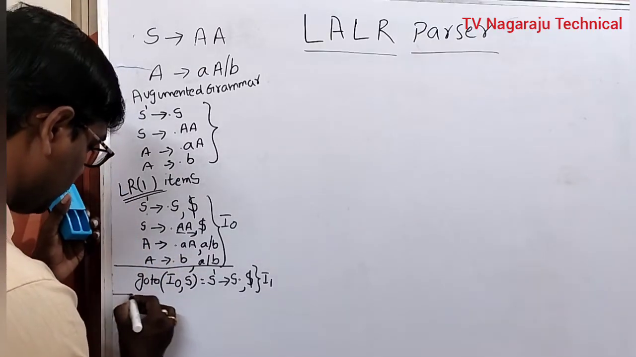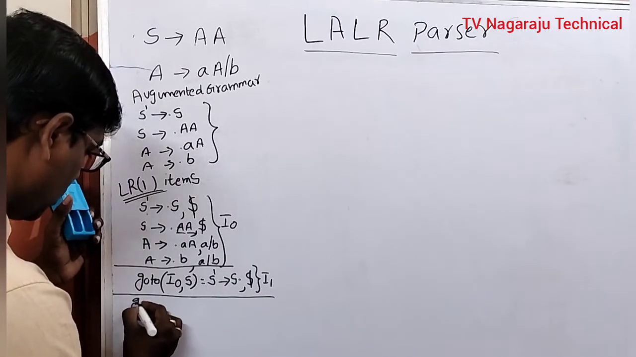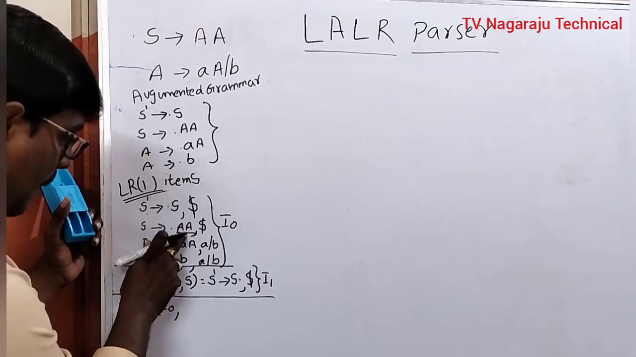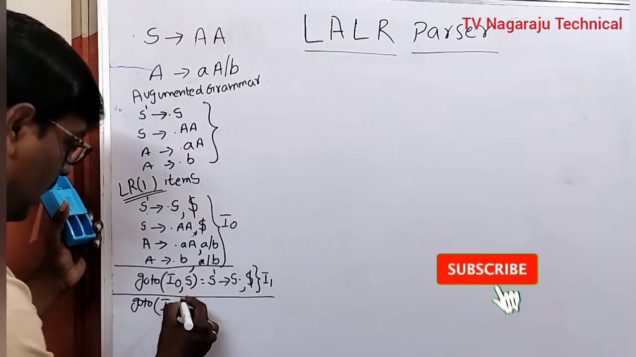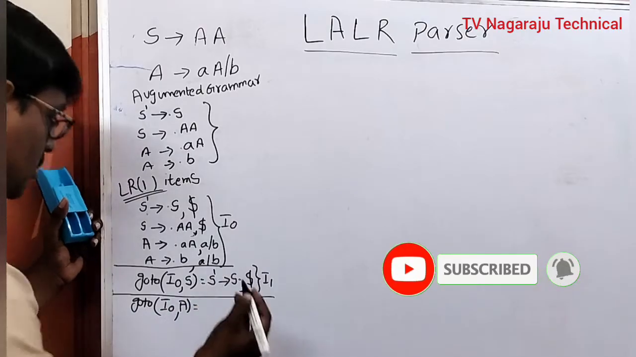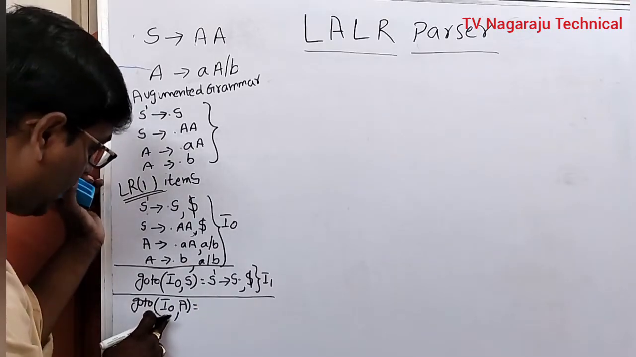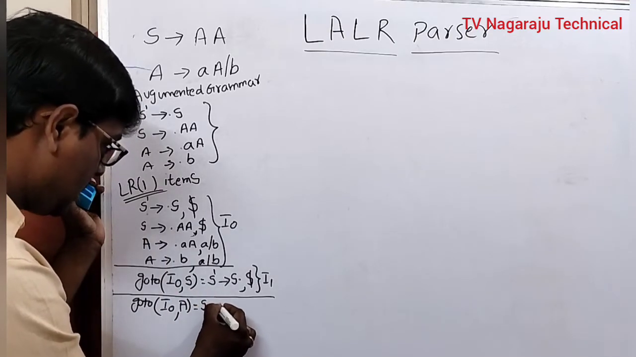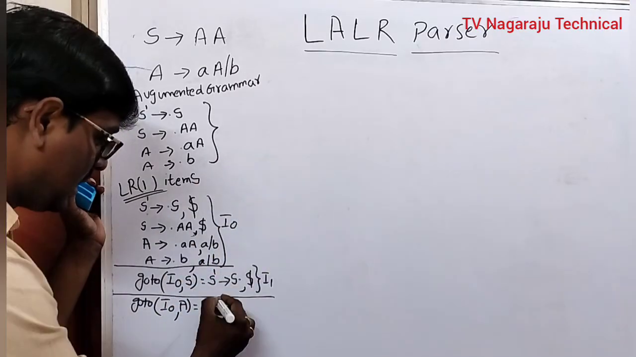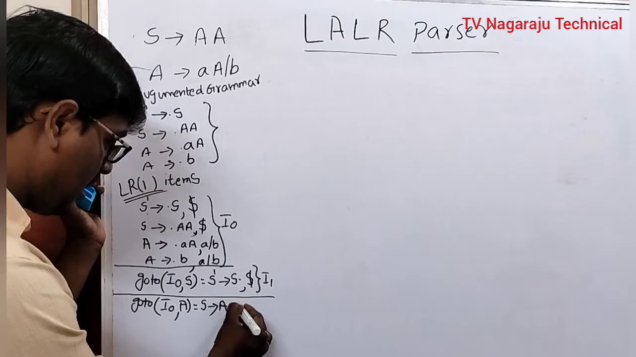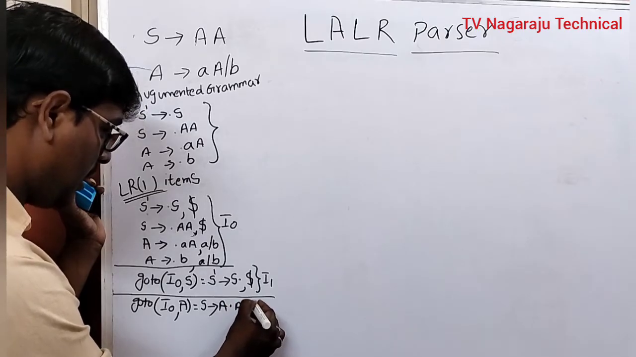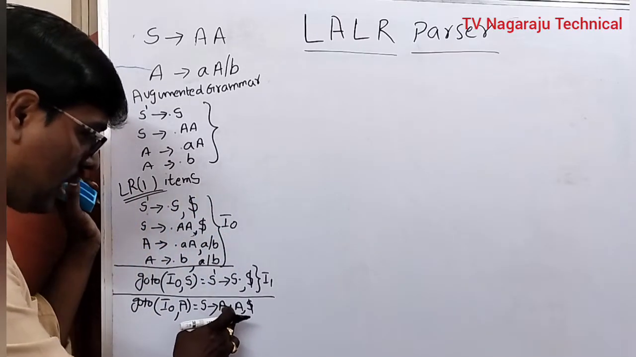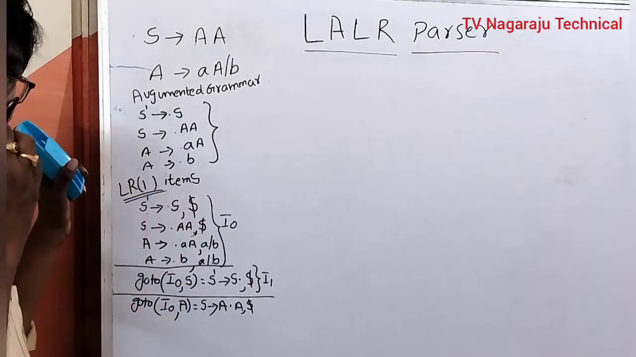Next, go to I0 on capital A. So what is the production? If you are writing I0 on capital A, simply how to consider this one. S tends to A dot A, comma dollar. A tends to dot aA, dollar. So again, if you have dot followed by non-terminal occur,